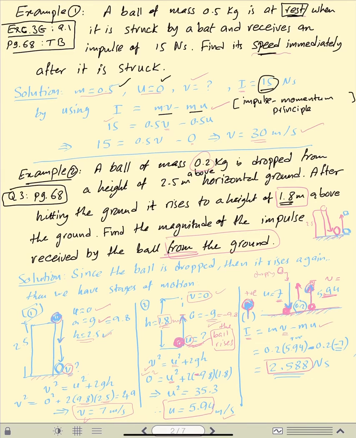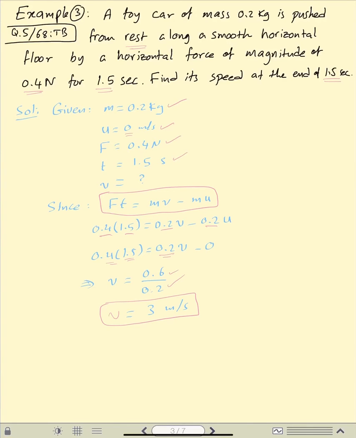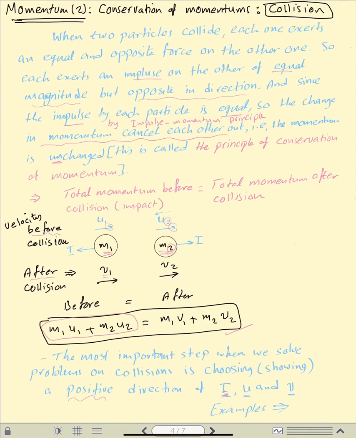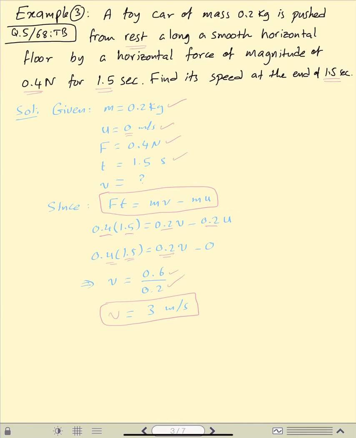Of course, in the next part we'll finish this. For now, I divided it into two because it took more than 40 minutes. It will take a long time, so I divided this lesson into two lessons. Momentum 1 finishes with this example. We will be moving next lesson to momentum 2, which covers what collision means, impact, conservation of momentums, and so on. So the last example for today